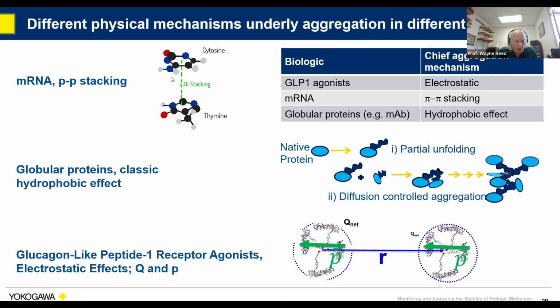So just to summarize, we already saw this, but putting it in perspective, you have the pi-pi stacking with mRNA between nucleobases, which makes them pull together and aggregate or associate. They do it reversibly. With the globular proteins, you have a native one here, you stress it, it unfolds, that exposes the hydrophobic moieties, which then come together, releasing water, and then you get these increasing aggregates. So that's completely the classic hydrophobic effect. Whereas with the GLP-1s, we just saw that the existence of a dipole in addition to net charge can lead to the types of instability we monitor. Okay, so to wrap up,